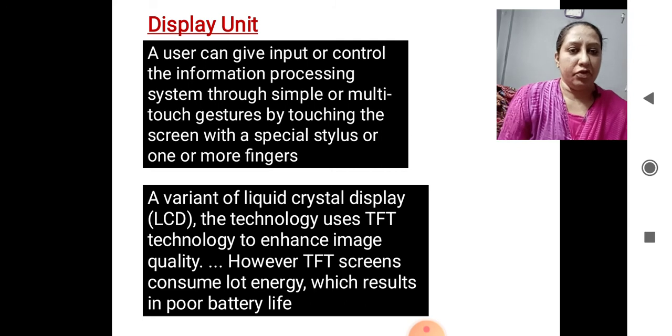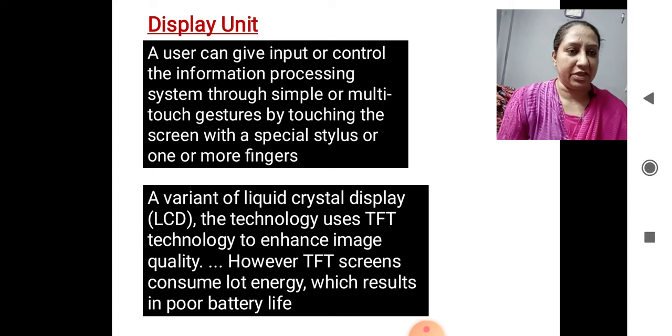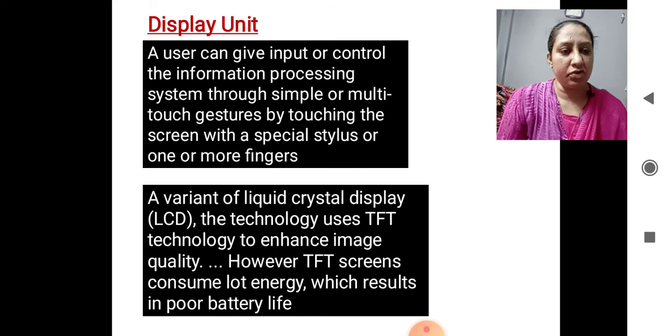Second thing is, user is allowed to use the display screen with the help of the multi-touch screen gestures. And to make this touch screen work, you may use two things on it. Either the user may make use of the finger, or you may prefer to use the stylus pens. A few years back, the mobile phones were coming with an inbuilt stylus pen inside it. So these two things can be used for passing on the input to the mobile screen.